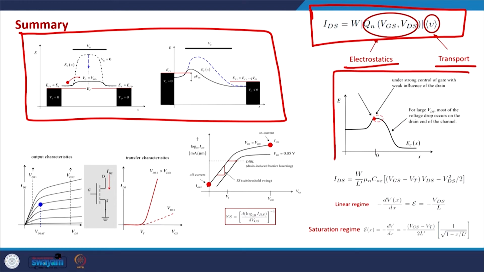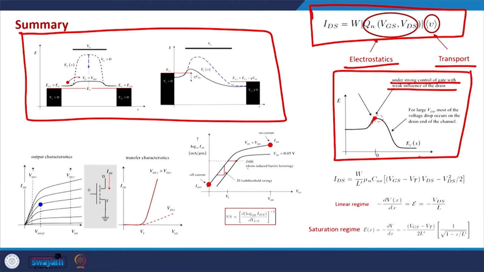This is the barrier in the channel. This point, the point at the beginning of the barrier, very close to the source or just at the source side, is under the strong control of the gate and weak influence of the drain. Generally in long channel MOSFETs, this point is shielded from the drain side, but nowadays in short channel MOSFETs, because of the drain voltage, even this barrier might be slightly lowered,